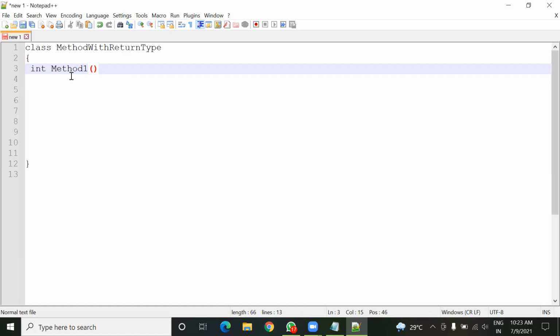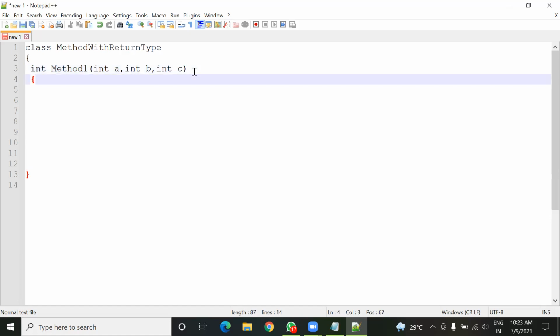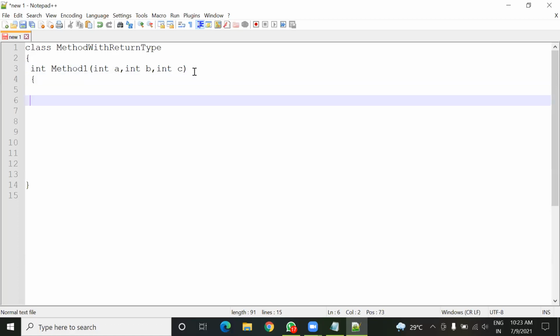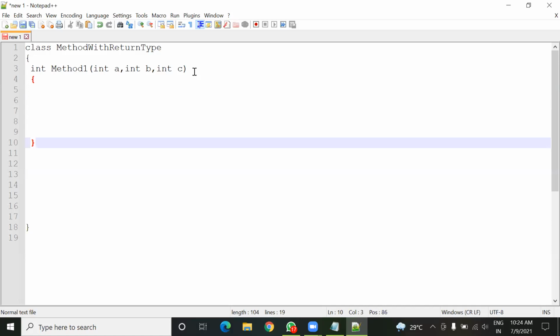Method one, I'm going to give. And this method will accept the parameters also. So for parameters, I'm going to declare some variables, int a, int b, int c. Means three values it will accept. Now this is the block of this method one.